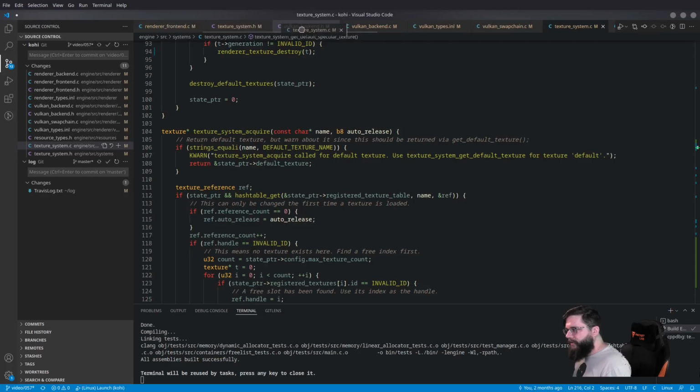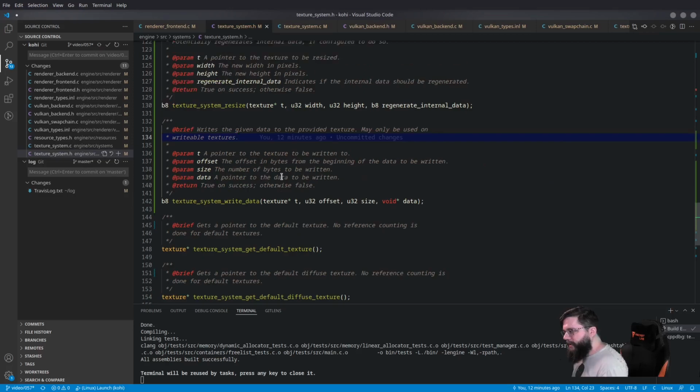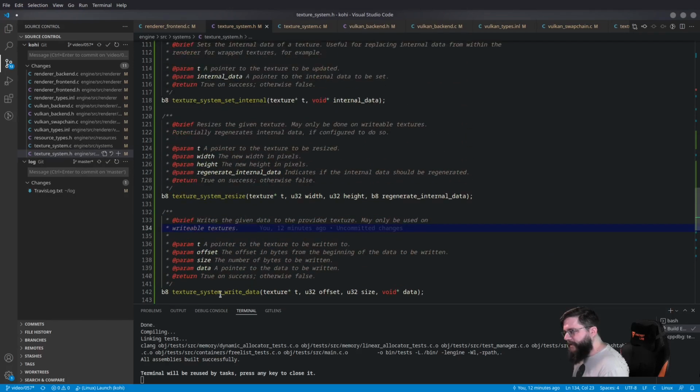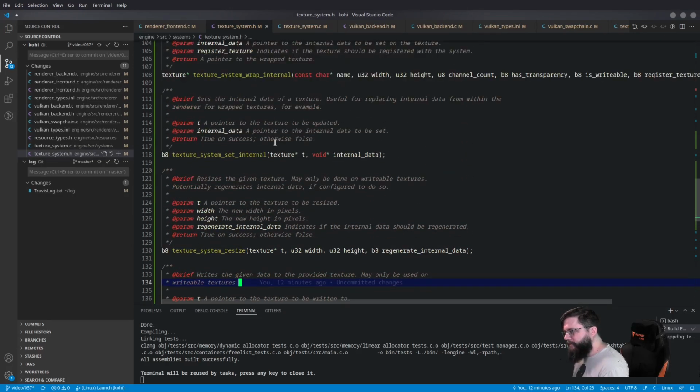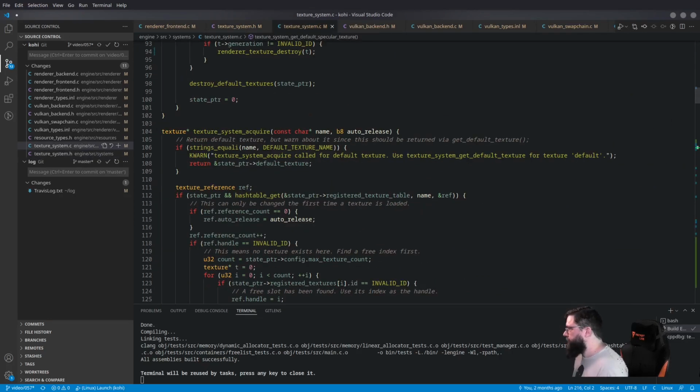to the H file. So we have our new functions that we've added here. So we have our resize, our write data, our set internal, and our wrap internal. So we need to actually fill those things out. And so what the resize is going to look like is actually going to be